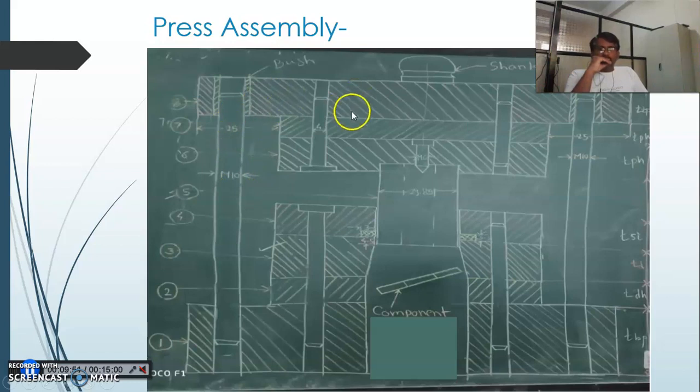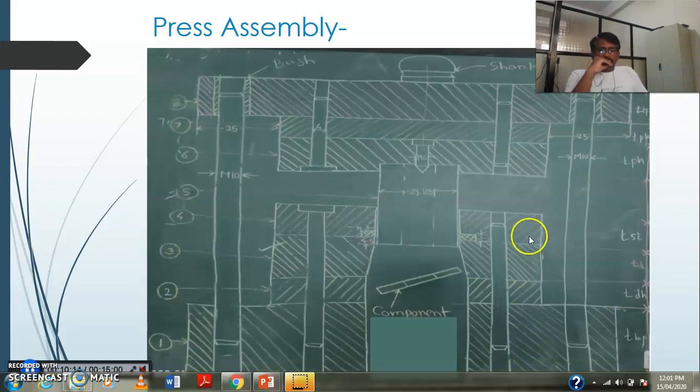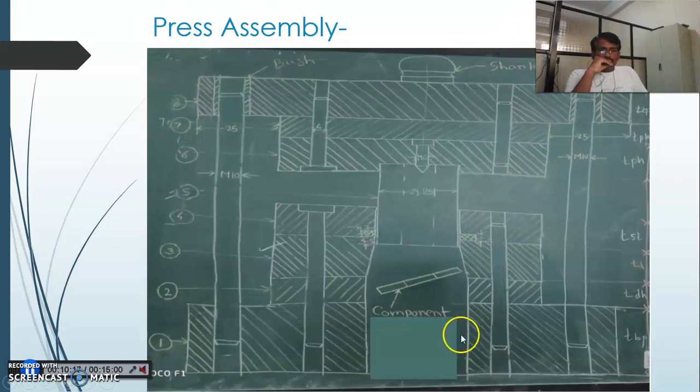Then this top plate will be attached with the punch back plate and the punch plate. So these 2 plates we require to assemble with the top plate. Then we require to show the stripper plate first of all, the die plate and the die back plate, and after that the bottom plate. So this many plates we require to show, and inside that you require to show the punch. Okay, so the punch has traveled and the component has been withdrawn as per your shape.